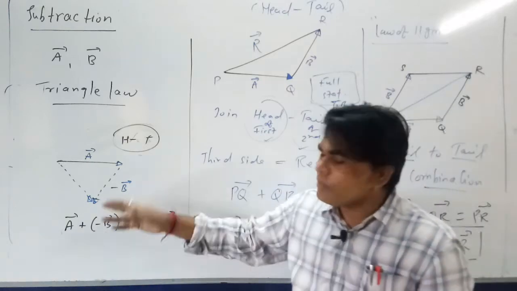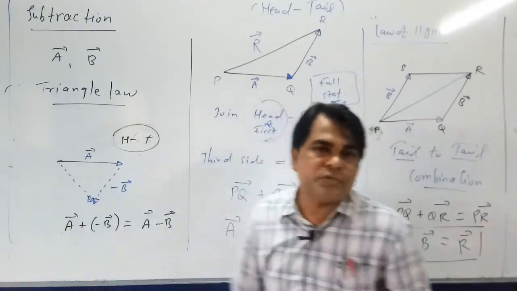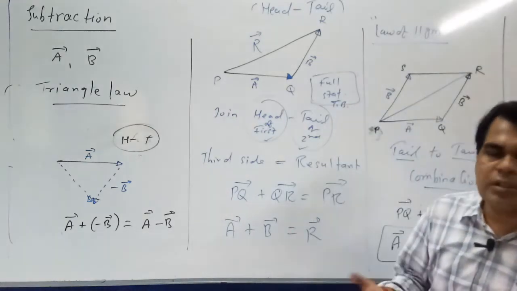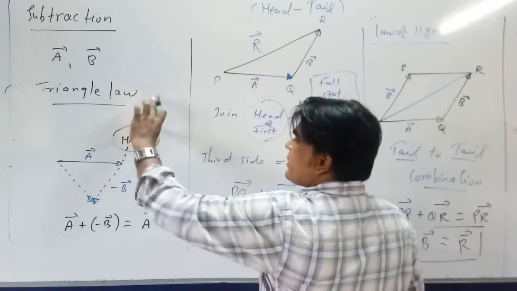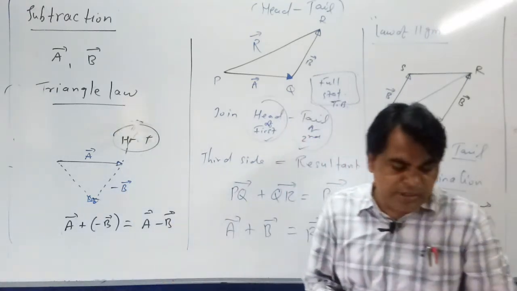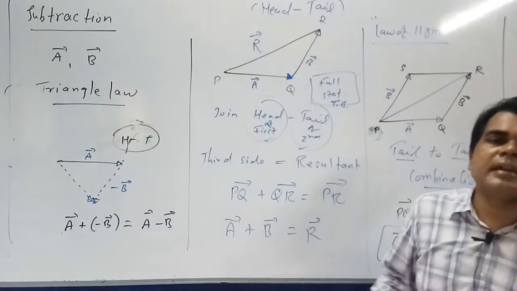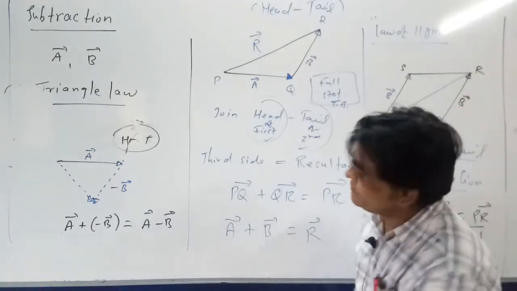मैंने ऐसा किया क्योंकि मेरे को B को सब्ट्रैक्ट करना था. अगर मैं A को सब्ट्रैक्ट करूँगा तो इसको उल्टा करूँगा. ठीक है, डायरेक्शन अपोजिट, इक्वल एंड अपोजिट. अपोजिट क्यों हो गया? बिकॉज देखो ये पहले इधर जा रहा था, अब ये इधर जा रहा है, और दोनों की लेंथ भी मैंने वही रखा है. और यही डेफिनेशन किसका है? अपोजिट वेक्टर का यही डेफिनेशन है. सो आपका सब्ट्रैक्शन भी हो गया.